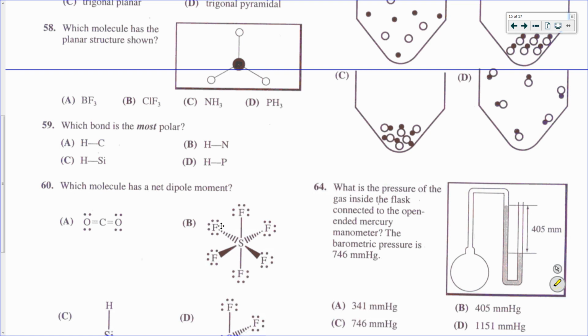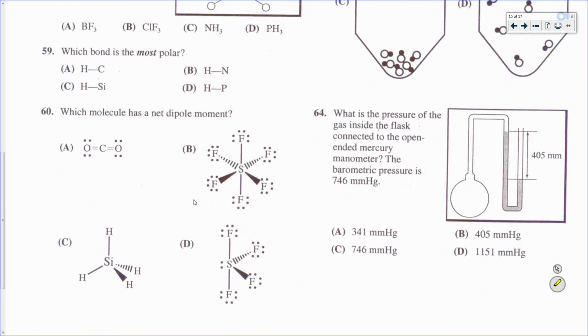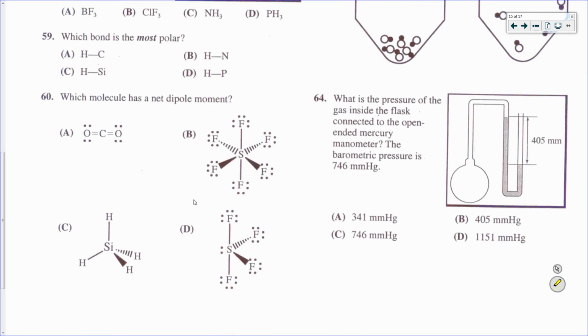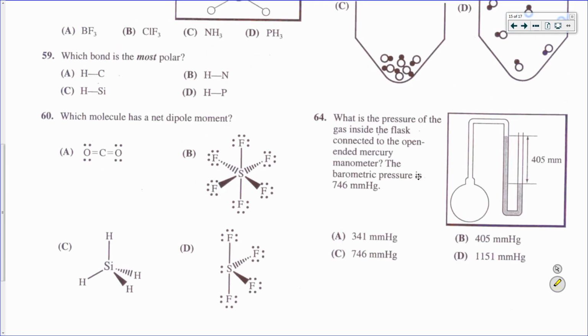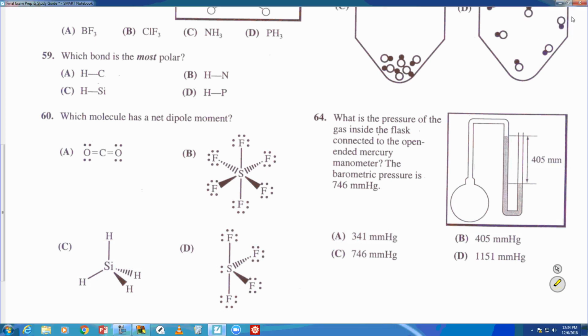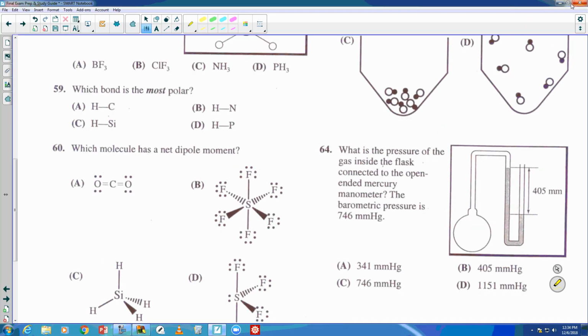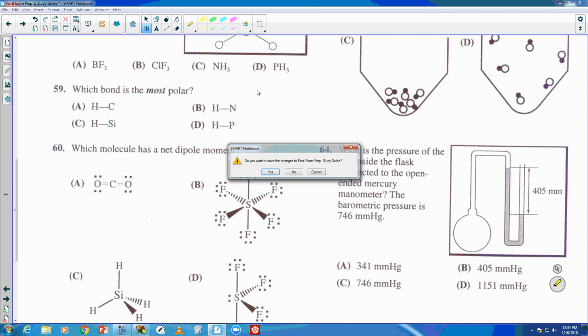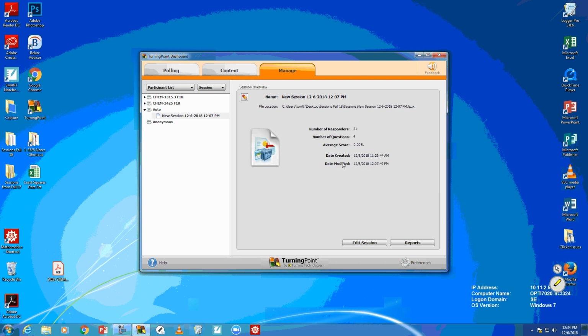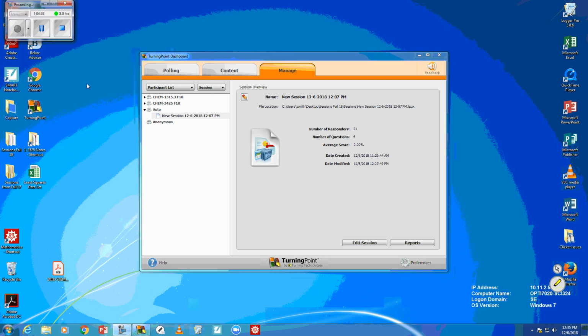Calculate the dipole moment, which one has a net dipole moment versus which one doesn't. Again, you're looking for symmetry, things like that. Back when we talked about gases, be able to look at what a barometer says and how to interpret what that means. Okay, so that's just the 1, 2, 3 of what we're doing. You can go back again and look at that stuff. You can watch the video, and I'm going to stop the video for you to do that. Other thing,